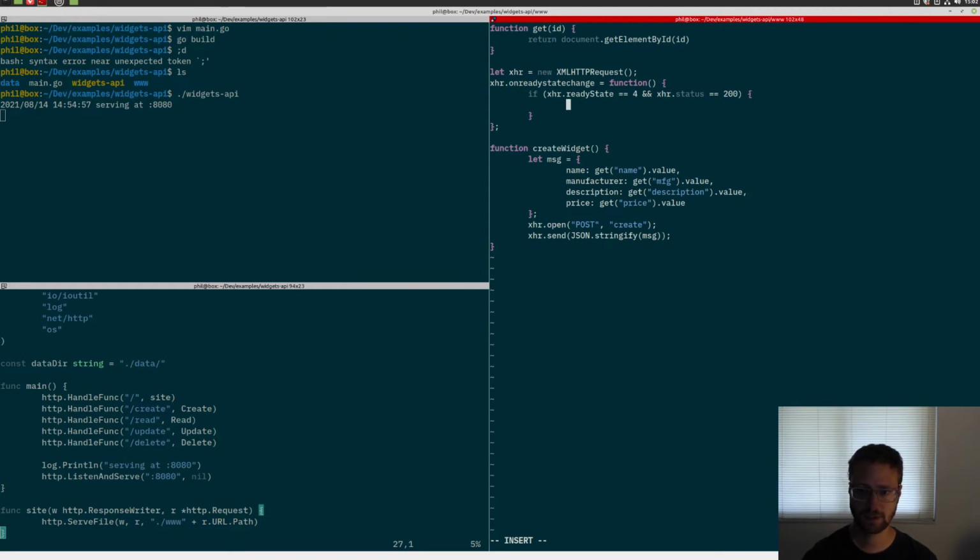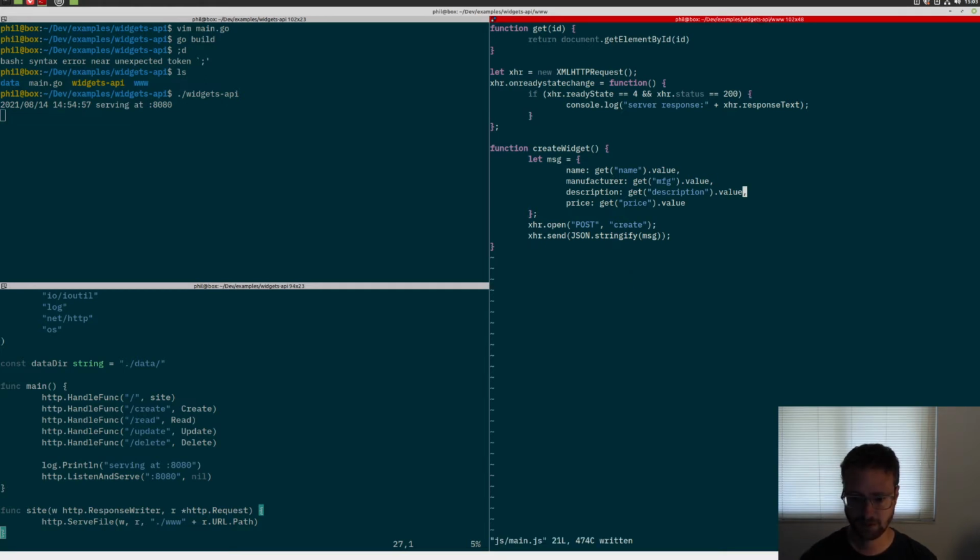We'll just do a console.log server response, and we'll do xhr response text. I think that's what it is. So there we go. And so you'd put all of your stuff for handling a response here, which we're going to do a little bit later. But for now, we're just going to have this kind of template